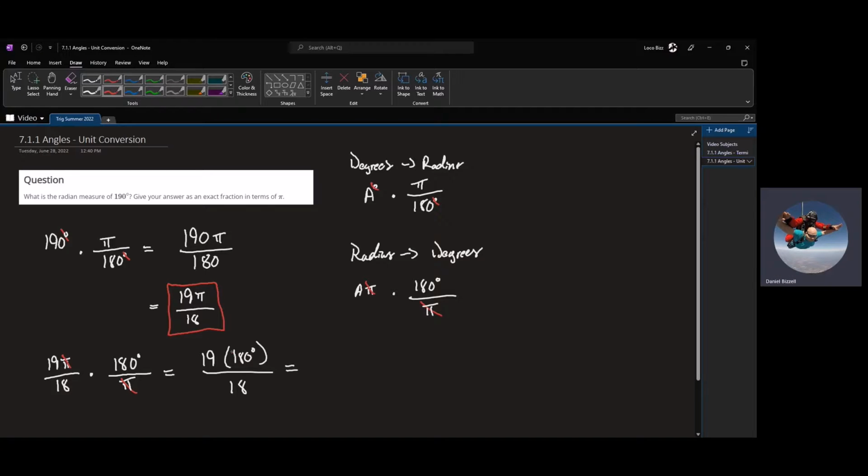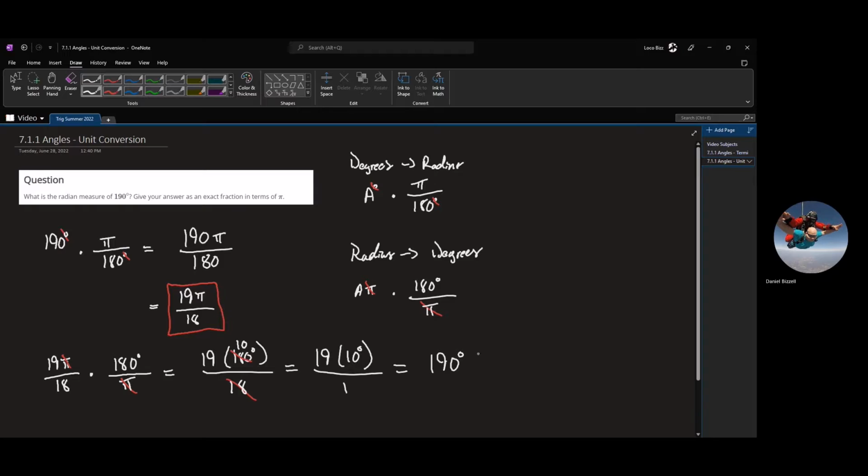Now we can take 18 out of the top and bottom, and that leaves us with a 10. So we get 19 times 10 degrees, just 190 degrees. So as you can see, we went from degrees to radians by multiplying by pi over 180,